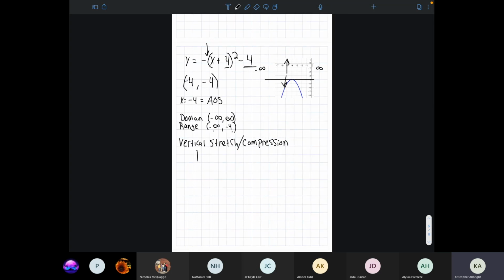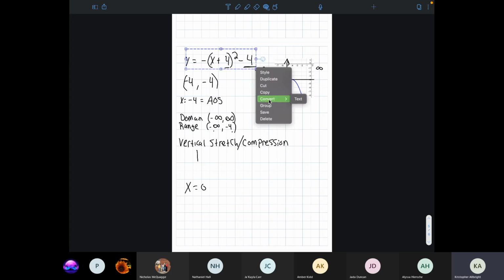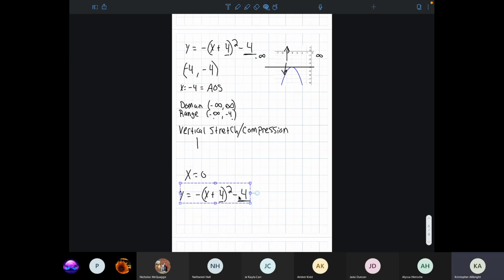So let's just pick a number. I like -1, 0, and 1. So I'm going to pick 0. So I'm going to say x equals 0, and we are going to plug it directly into this, which I'm going to copy and bring down here. Okay, so now we plug in, we say